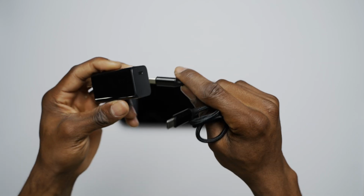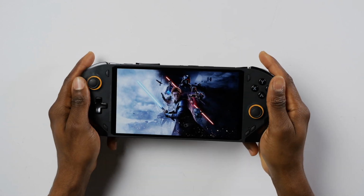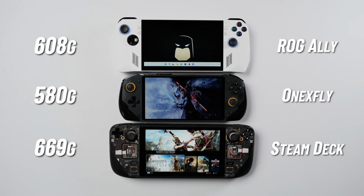Alright, let's check out the hardware. First off, it's got an ergonomic feel to it and is not bulky at all to hold on to. It's definitely one of the lightest handhelds I've used to date, weighing about 580 grams. For reference, the ROG Ally weighs 28 grams more and the Steam Deck weighs 89 grams more, and both also